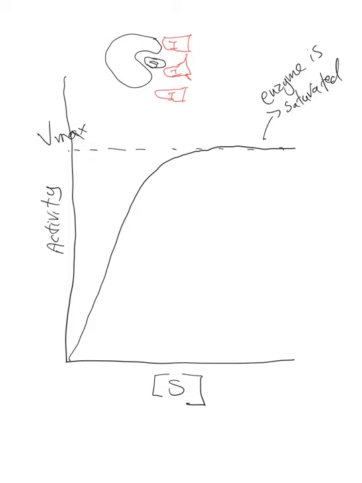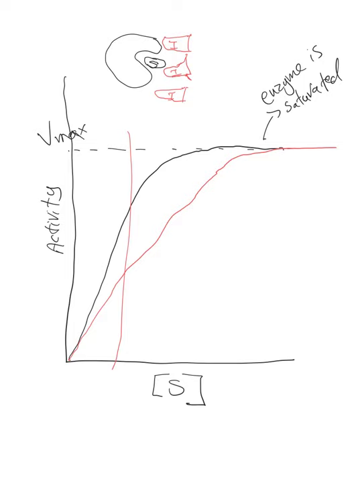So then the enzyme is going to have to get more substrate to get the same level of activity. So then the profile is going to be something like this. At each level of substrate, you're going to get less activity. So if you were to look at this line, for example,